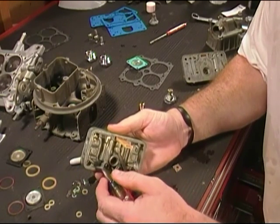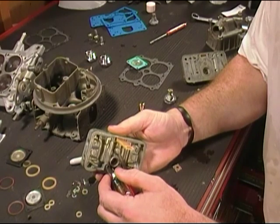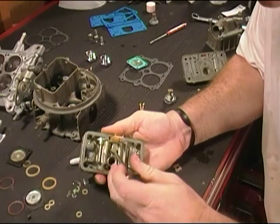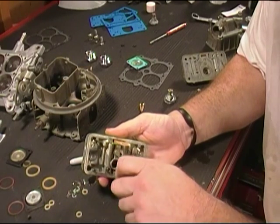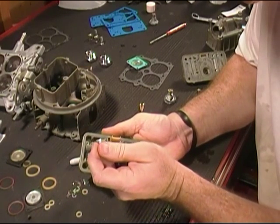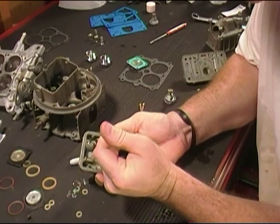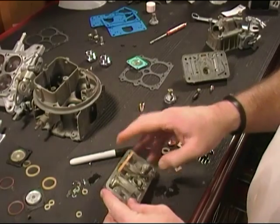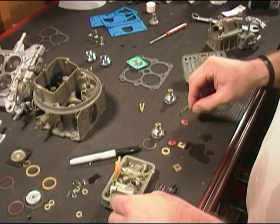Find a screwdriver that fits nicely. Make sure you've got it positioned in there good, and snug them down. Don't go crazy. Make sure you've got it sitting in there good. Tighten them down, okay? That's all you need to do. Now the next thing, let's go ahead and install our,